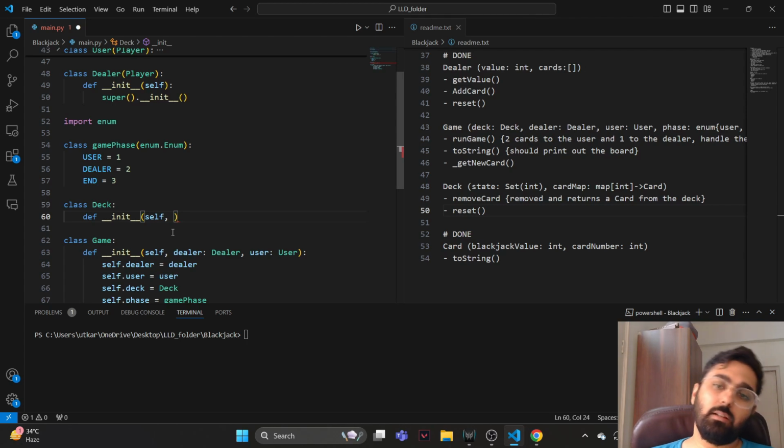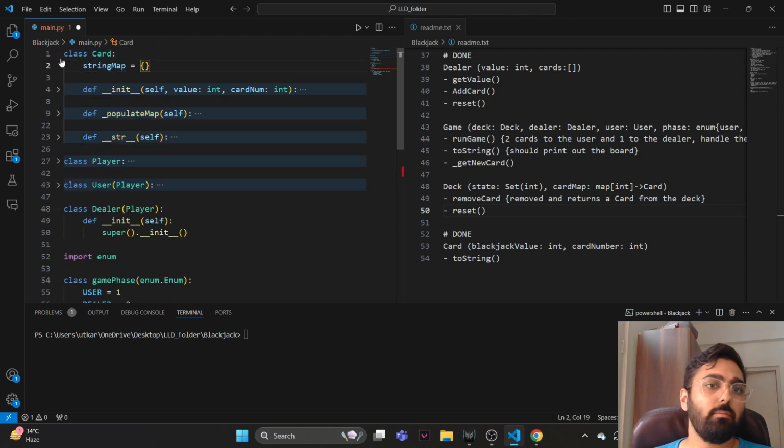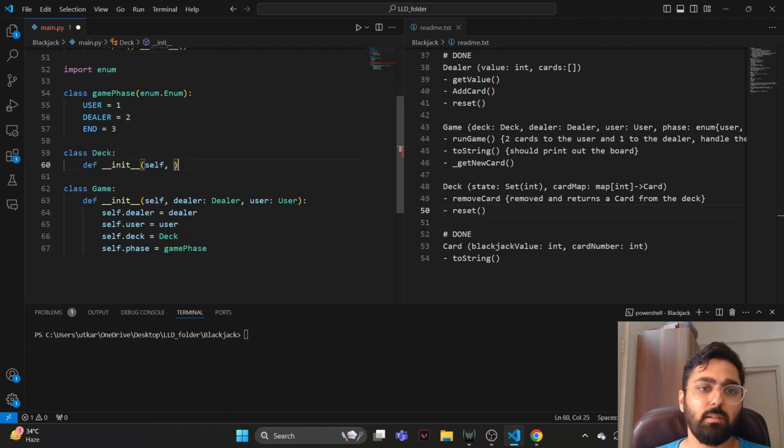Wait, the set is kind of pre-initialized in the deck, right? And the card map, wait, we have a card map housed in card itself, right? So do we really need a card map in deck? So no, we just need